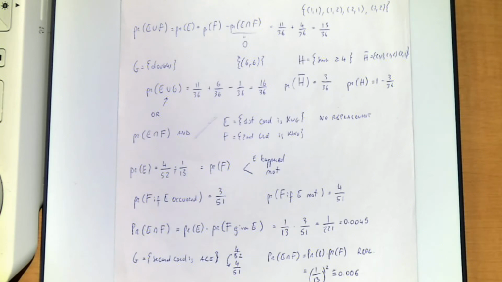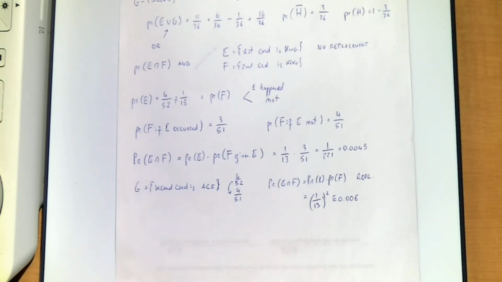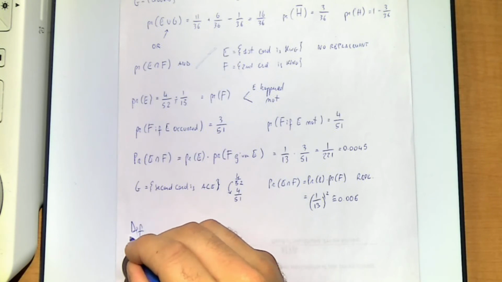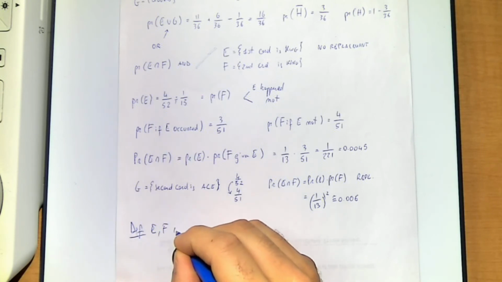Okay, so what we learned is that the probability of one event is not isolated in a vacuum, but depends on other events that may have happened before. We already had an intuition about independence of events, which is important, so we're going to elaborate on that. And we can say that E and F are independent.